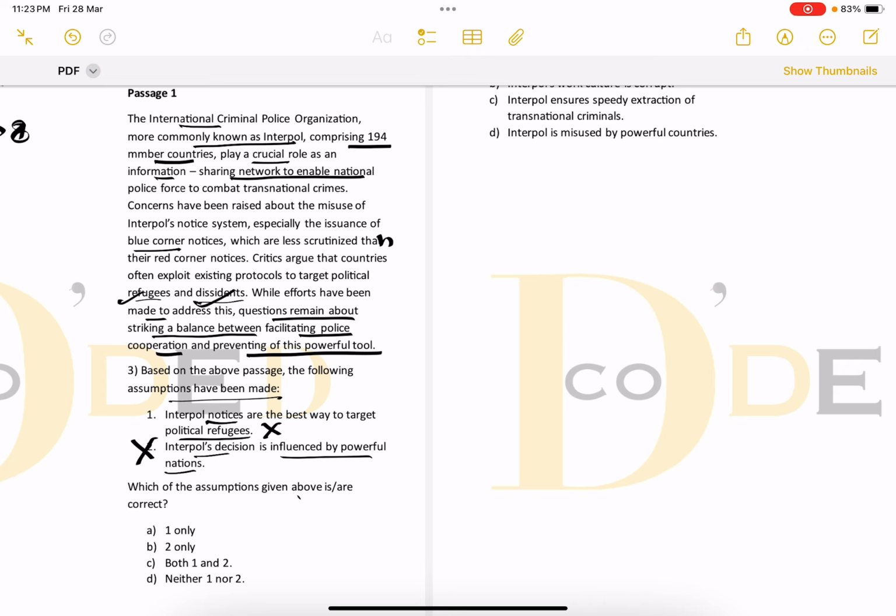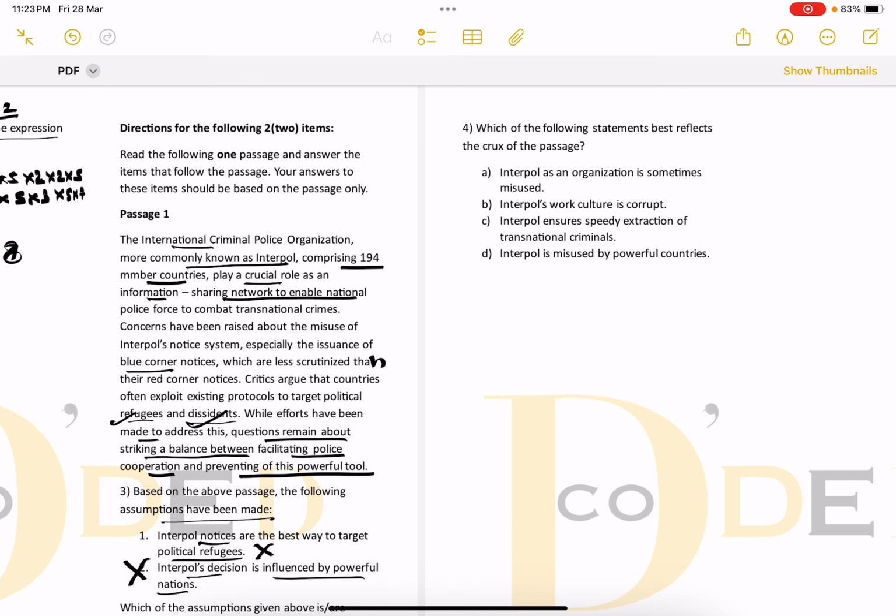Which of the following assumptions given above are correct? So none is correct. So the answer would be D. Okay. Now let's read another question regarding this passage. Which of the following statements best reflects the crux of the passage? Interpol as an